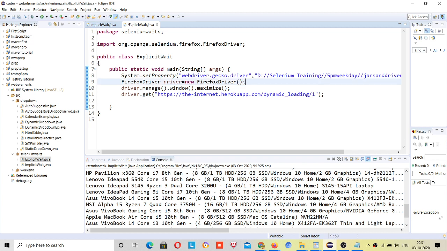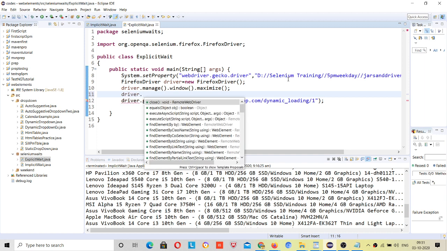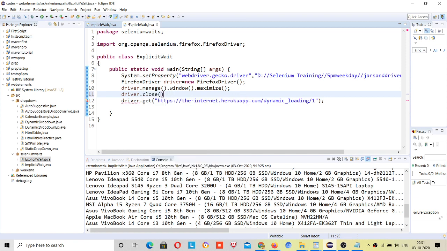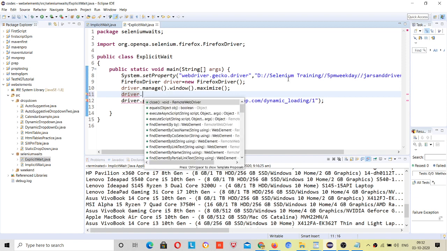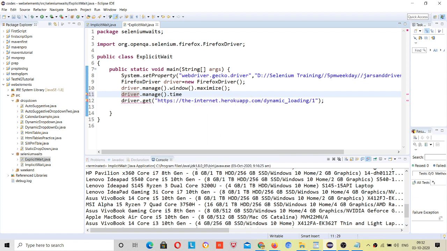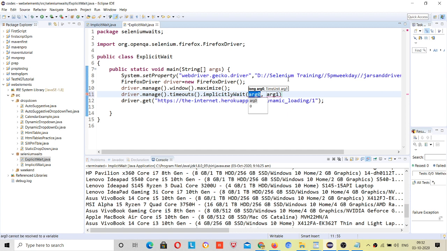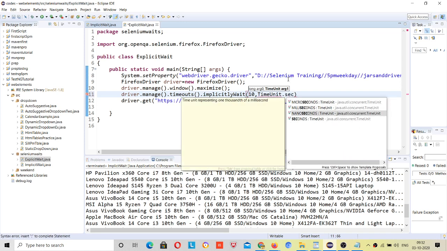First of all, I will apply driver dot manage dot timeouts dot implicit wait, 10 seconds, with time unit seconds.